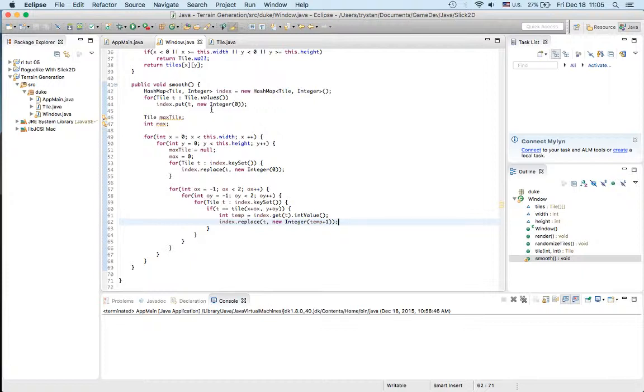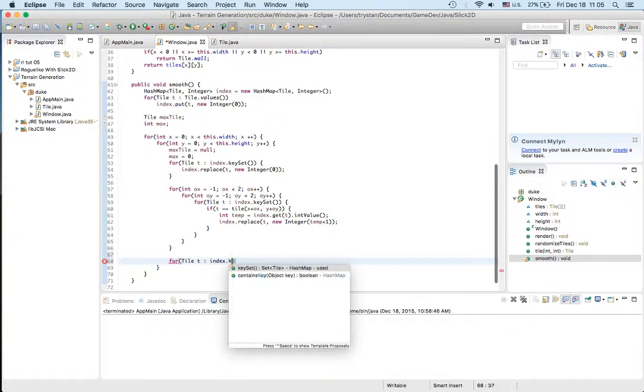And so we reset them to 0 or null, and then reset all of the indexes to 0. And so now what we're going to do is go over all of the tiles in the index,